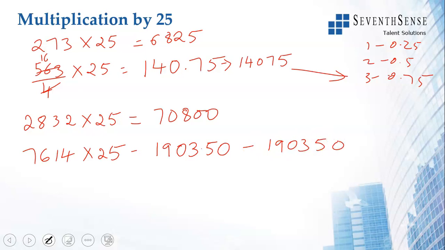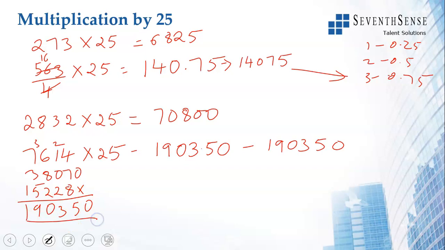Let us multiply and see how much time I am going to take. 5 fours are 20, 5 sevens are 35, and so on. This is after explaining. I have actually slowed this down to explain, and I have increased the speed. Even then, if this takes 5 seconds, the normal method takes 15 seconds. So you save a lot of time and you are definitely accurate here as well.